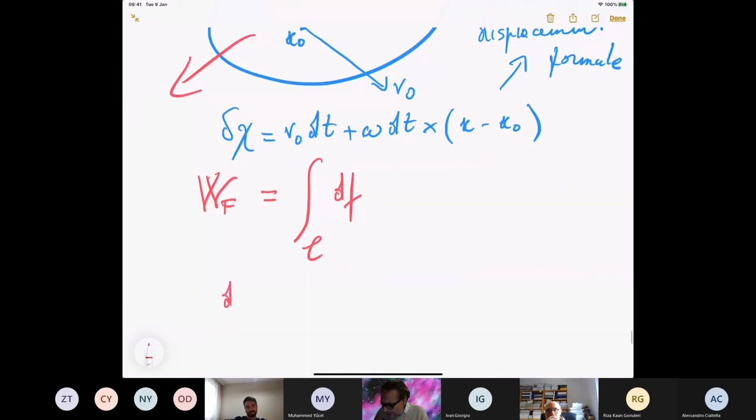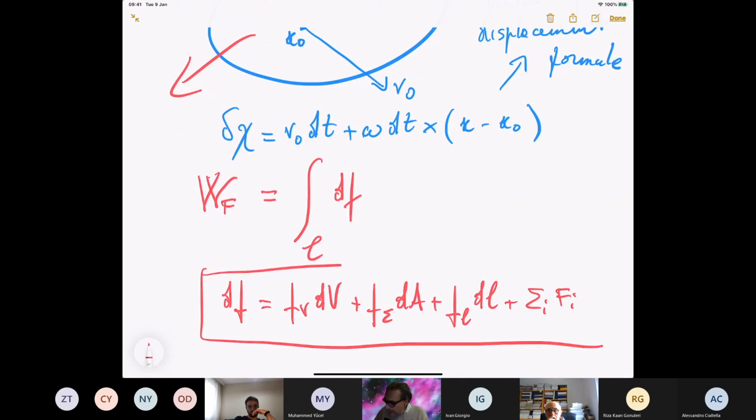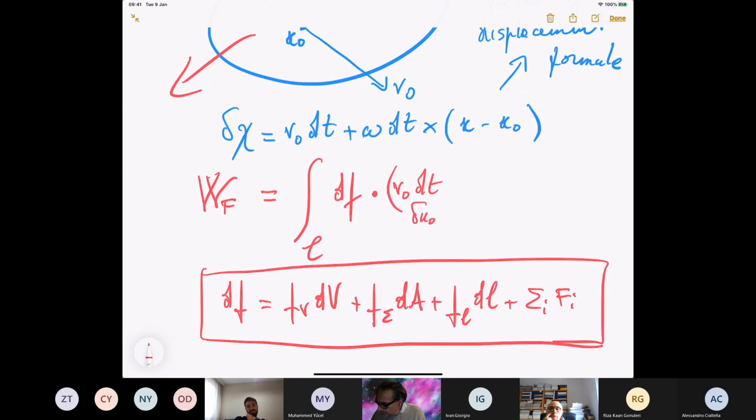So dF is a volumic density times the volume, or a surface density times the area, or a line density times the L, or a number of concentrated forces. So this is a symbolic way for meaning every kind of applicable forces to your body, dot v0 dt, which we can call delta U0,